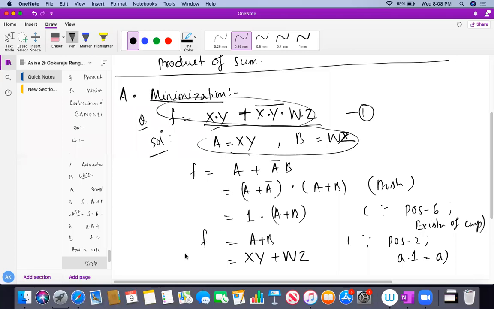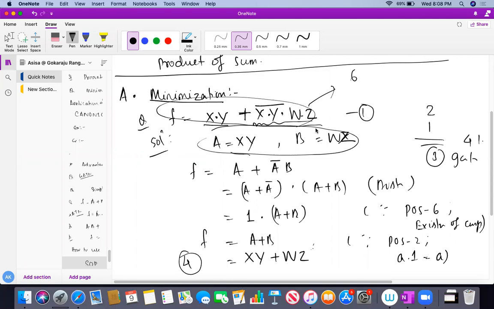So how many literals is it converted into? 4 literals. So how many gates do you need here? 2 AND gates and 1 OR gate to design it. But in order to design the original, how many gates do you require? Just 3 gates after simplification, and it becomes 4 literals. But here how many literals? 2, 4, 6 literals. And how many gates? Obviously there are AND and NOT gates and many gates have come up, and that too sophisticated gates like 4 input AND gates and all.